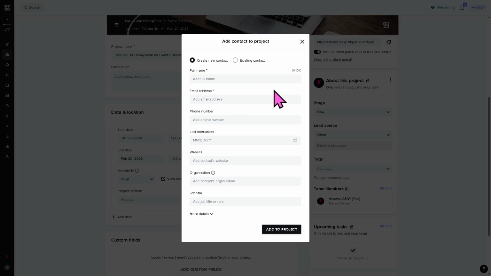Here, since we are creating an event, you need to provide the full name. For example, we're going to add it. Email address, phone number, last interaction. Okay. You can also add website, organization, and job title. It's super simple. Now, while you are following, okay,